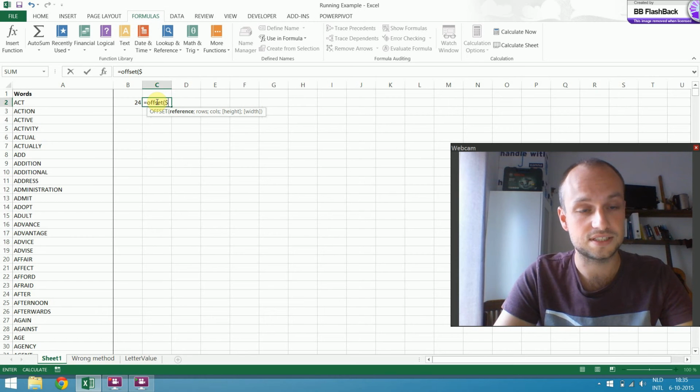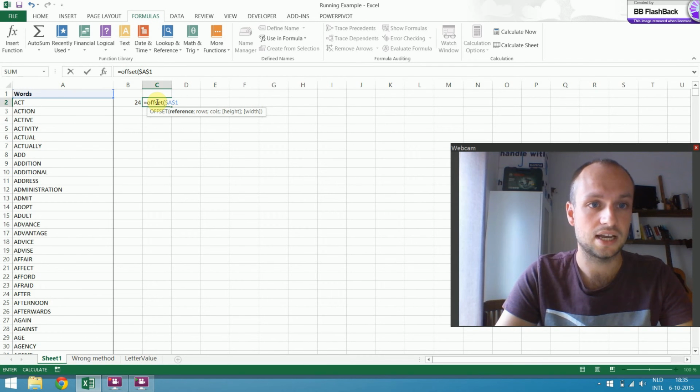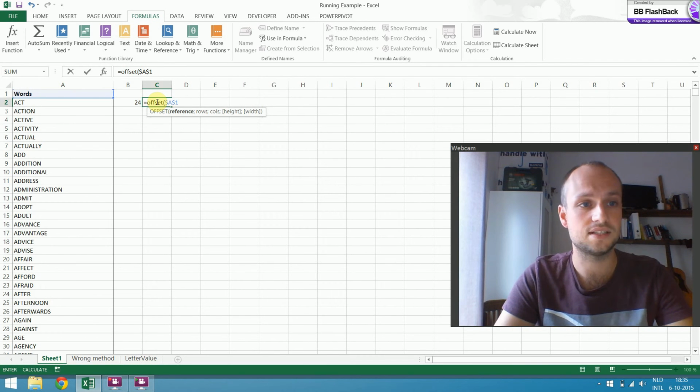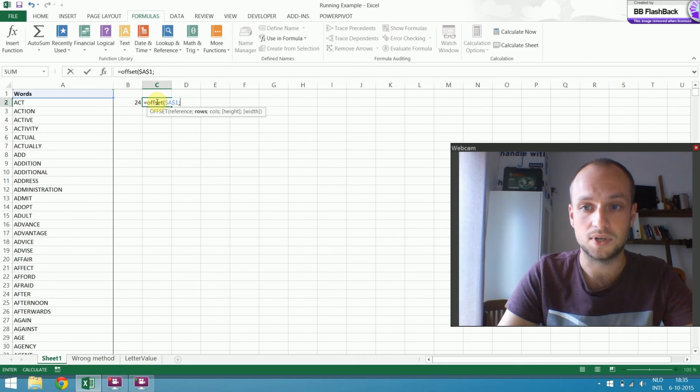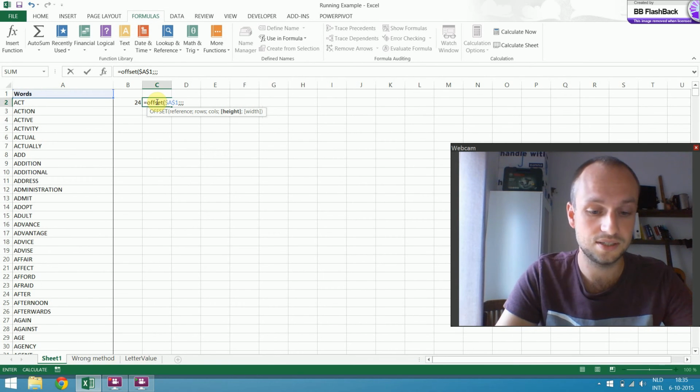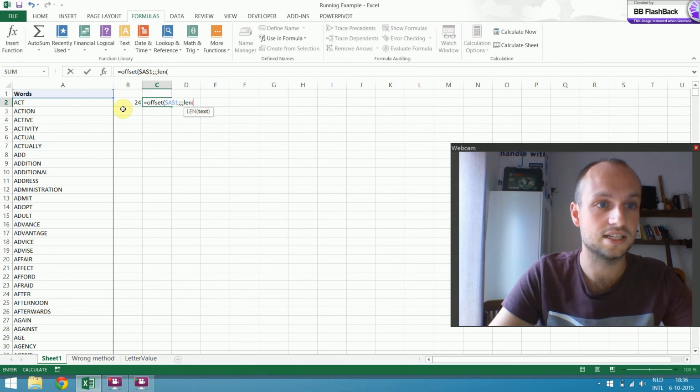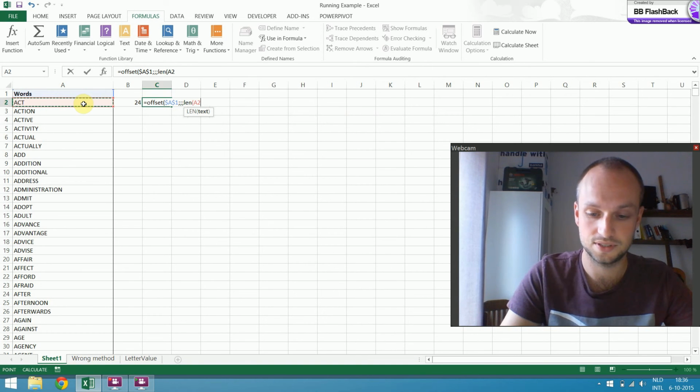So we need to put in a fixed cell. The only criteria is that the cell is on the first row, row number 1. We can see later why this is. I'll put in no rows and no columns, but the height of this range should be as high as the length of the word.